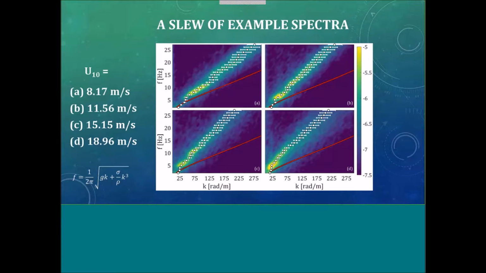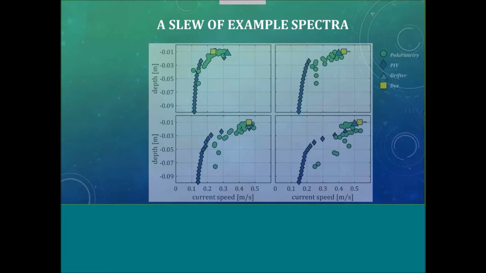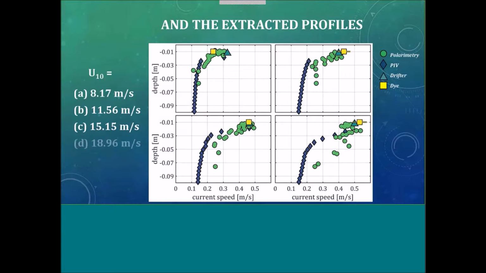So this is taking this a step further than just looking at the surface roughness. We're using this information to extract the very near surface current. So we're trying to get what's actually happening to the current in that very near upper layer. And the way to do that is using these wave conditions and some advanced processing of these images. And in different wind speeds, we can look at what that current does.